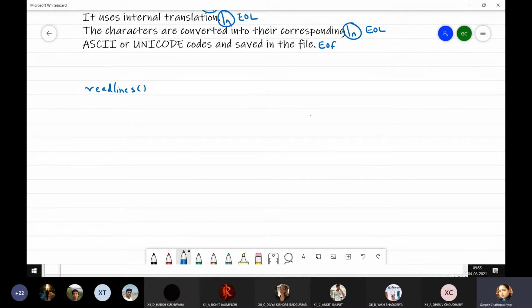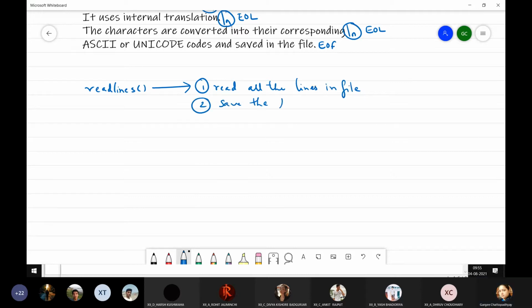Previously we had seen readline, which by the name itself it was clear that it was used to read only one single line. But readlines function is used for doing what? It is used for, first of all, reading all the lines in the file. That is, read the entire file content and save the lines as string objects within a list.